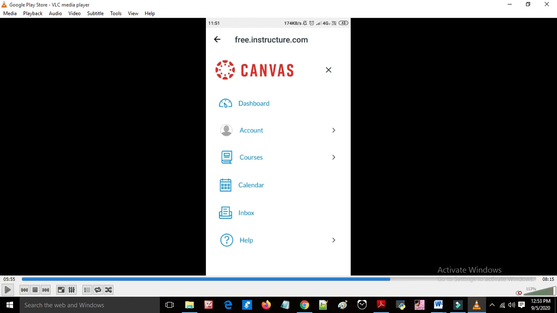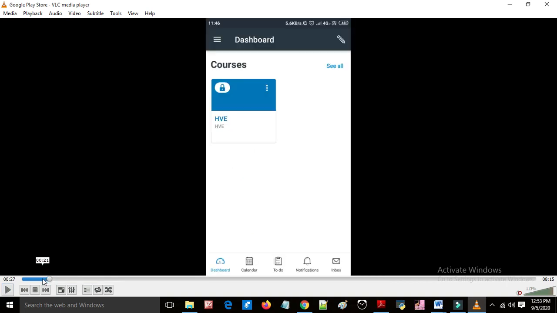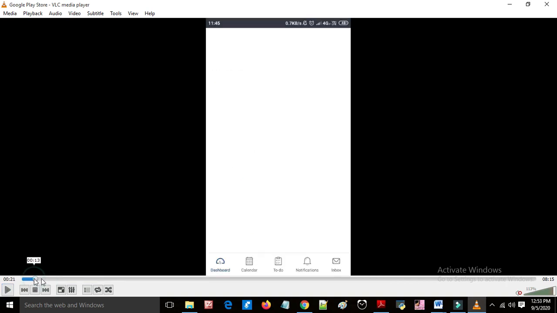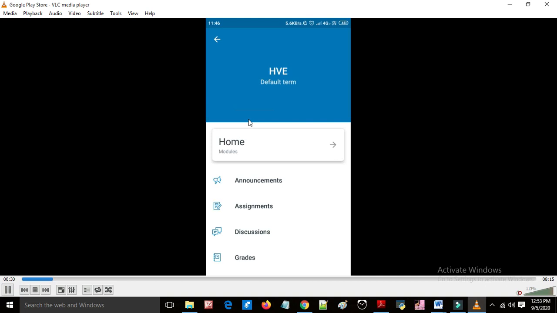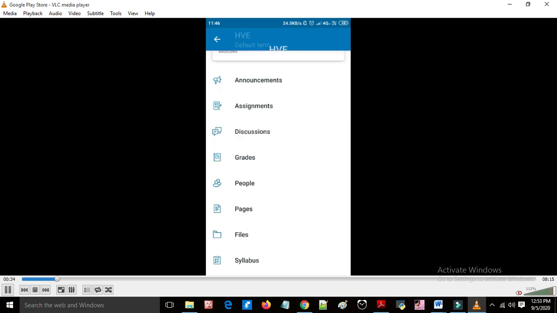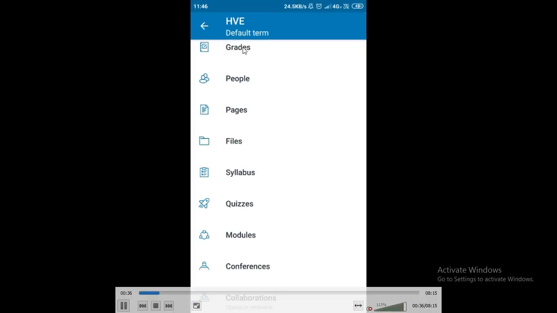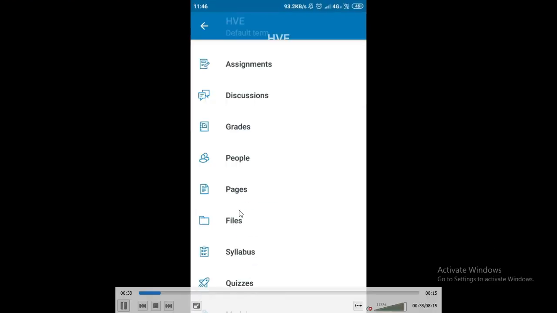In the app you will see the grades and assignments, whatever things there are. Here you can see the announcements, assignments, discussions, grades, people, pages and files, whatever menus there are.